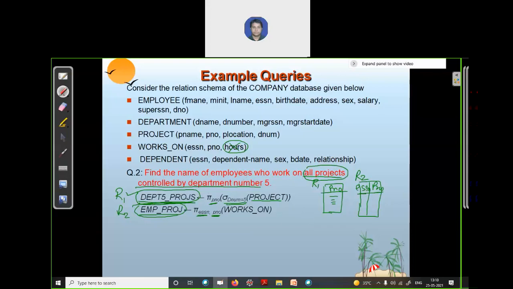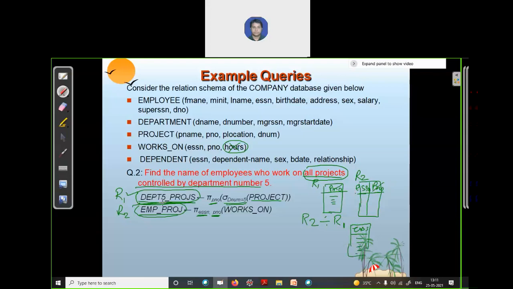So if we apply the division operator over these two relations, R2 and R1, what are the attributes of the resultant relation? The PNO attribute will cancel out, and only ESSN will be in this resultant relation, which will be the ESSN of all the employees who are working on all the projects controlled by department number 5.